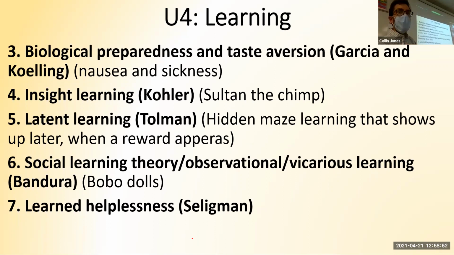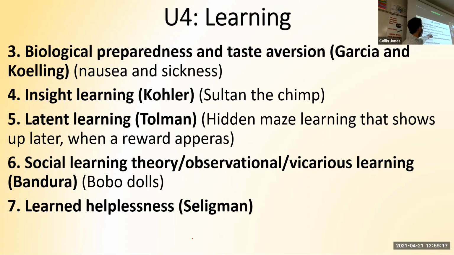The experiment he did that I talked to y'all about and showed you the graph of was the mice that were just like wandering around the maze, just chilling. But when there was cheese at the end of the maze, all of a sudden, they were perfect at the maze. And what he realized is that they had been learning the whole time. They just didn't have a reason to show it. So the learning was hidden. It didn't show up until later. Latent learning, it's hidden, it shows up later.